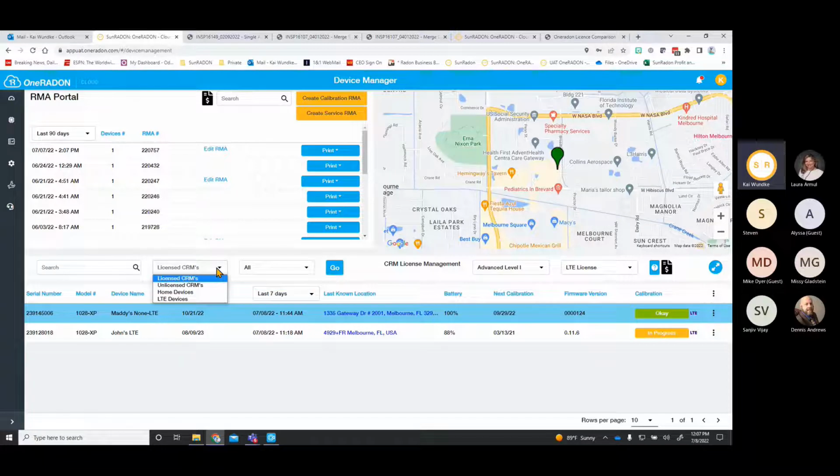Also devices you don't own, you don't license, you can also look up. And then you see basically when they were used the last time, when they were connected to the cloud the last time, what locations there were the last times they connected to the cloud. And it also tells you the basics about the next calibration date, the firmware, things like that, and the calibration